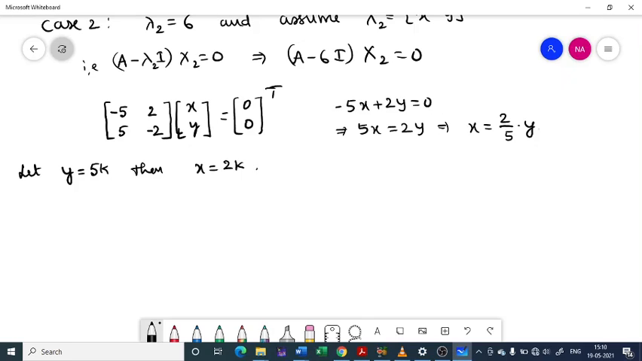2k. So X2, capital X2 will be (2k, 5k) transpose. So that completes the solution of problem A. Next consider problem B. So the matrix is B equal to